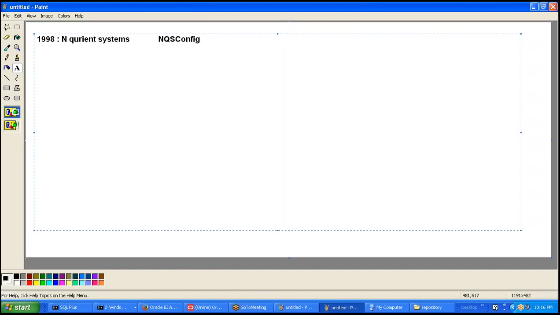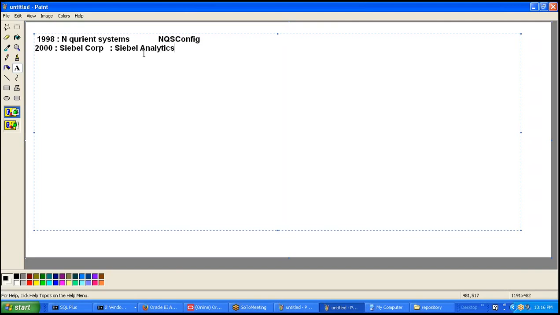The configuration files were developed by the Enquirient Systems people, but they did not build the tool entirely. After they built this file, in the year 2000, those configuration files were handed over to Siebel Corporation. Siebel Corporation released a product called Siebel Analytics.